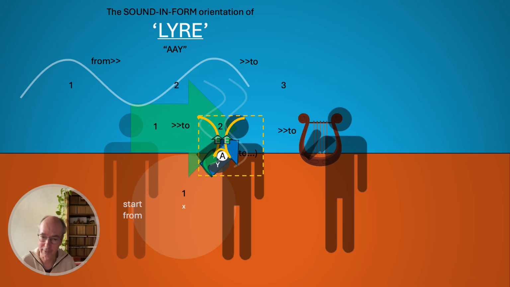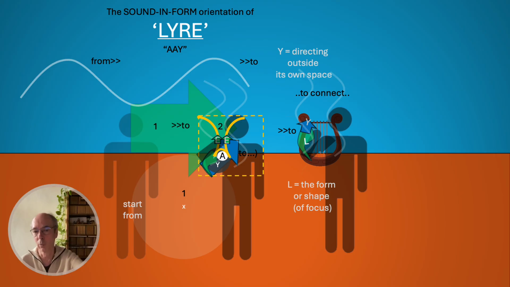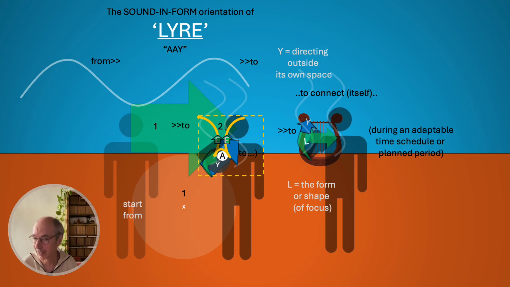The letters fit to that as well. They can be used for this expression. They express this as well, and you can see that even the form fits to it. So that means you have the form or shape of focus, with the Y directing it outside its own space, with a purpose for, in the next letter, to connect to a bigger system of vibrations, let's say, or to connect itself, just simply during a certain time schedule or even planned period